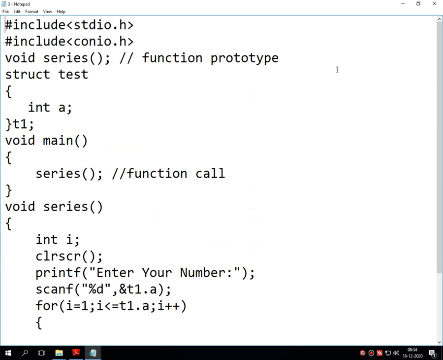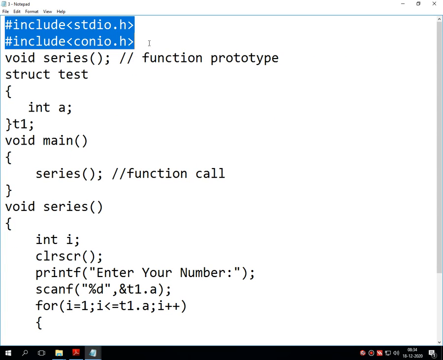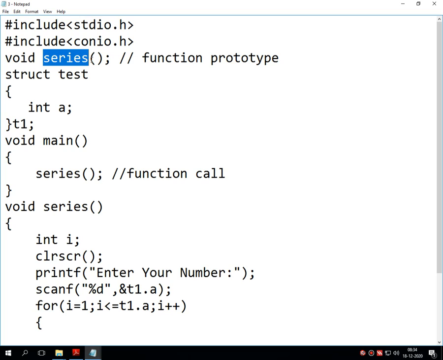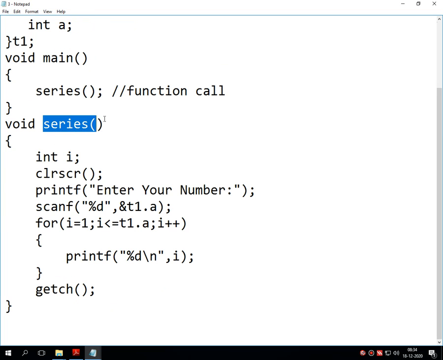This is the code. What I have done after the necessary library functions is declare one function called series. Then there is one structure called test. Inside the brackets of the structure, one local variable I have declared, that is a. Then the dummy name of the structure I have given is t1. In void main, there is a function call which calls the initialized function called series. Now it's time to initialize the function. So I have initialized this series function. Inside the opening and closing brackets,